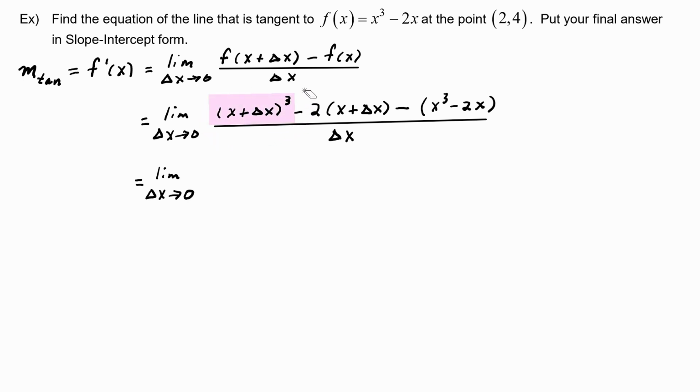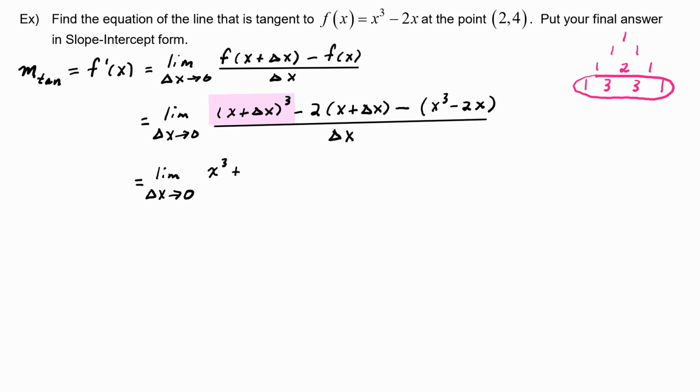Now, to expand out this x plus delta x cubed, we can make use of Pascal's triangle. So we know that this would be a plus b to the 0, a plus b to the 1, a plus b squared, then a plus b cubed. We will be using this row. And this, of course, gives us the coefficients of each term. So when we expand this out, the coefficient of the first term is 1. So we will have x cubed